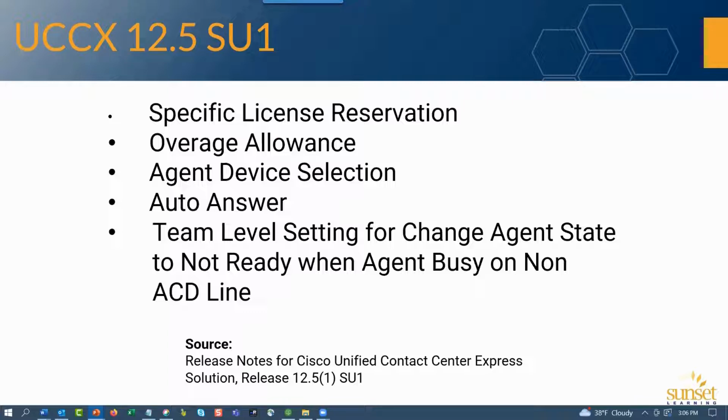There are some changes in terms of the agent's ability to select the device they're logging in on. You'll be aware that in the past, the agent was only able to log in on that device or telephone that was assigned to them. V12.5 gives us some additional capabilities for the agent to be more flexible in that area. Auto answer is supported, and there are some settings at the team level to allow us